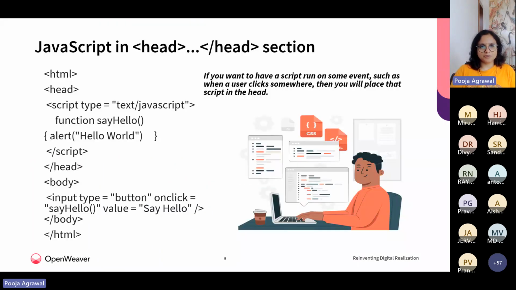So the first decision we would try to make is whether you put JavaScript in the head or in the body. That decision you could make based on, let's say, the click of a button. If I want that when I click on a button, it would say hello or perform some operation, so that when running the script tag, an event occurs when a user clicks on something and only then that particular action is performed, then you put it in the head tag.